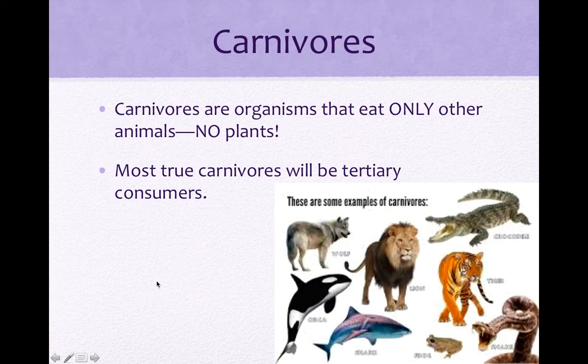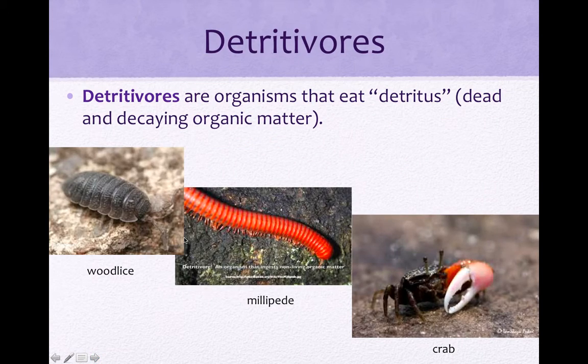Carnivores are organisms that only eat other animals. They don't eat plants at all. Most true carnivores will be tertiary consumers. That would be tertiary meaning third level. Crocodiles, lions, wolves, anything in the ocean that only eats animals. And then